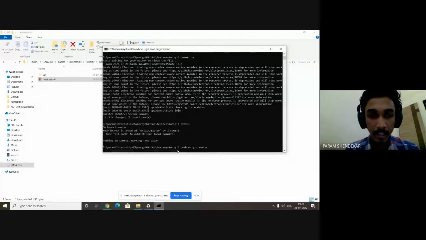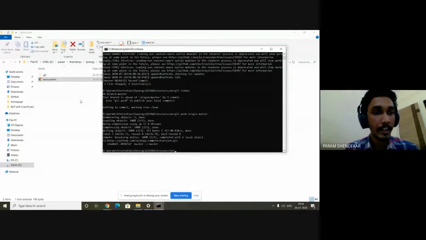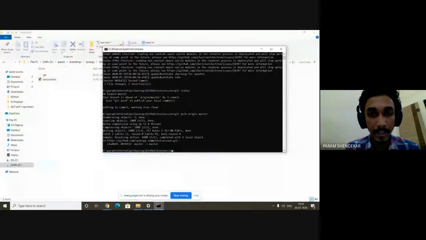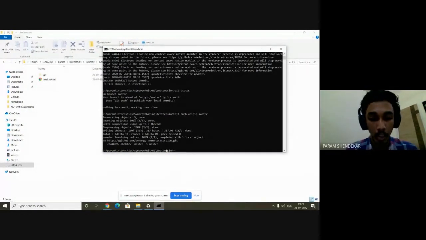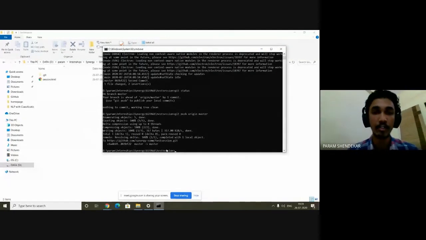And when I press enter, it is taking a bit of time. And yeah, so the changes are done. So what I've done is I have modified my session.html file locally, and then I have pushed those changes onto GitHub so that Mihir can pull those changes onto his local machine and can have the latest version of the file. So that is how the whole process works.